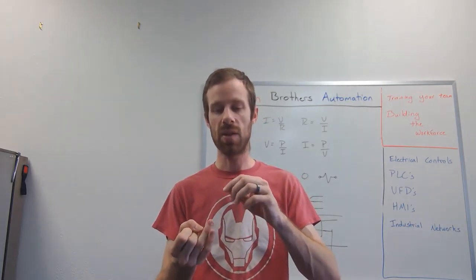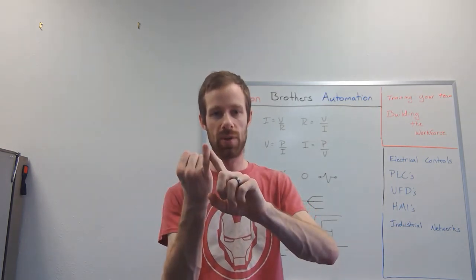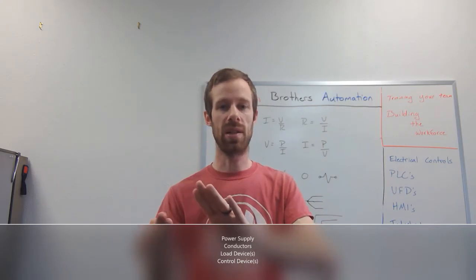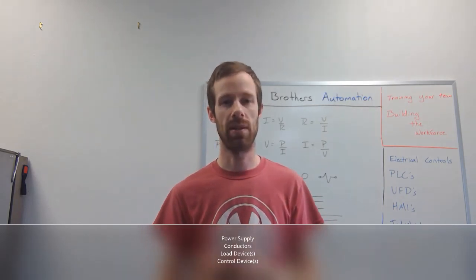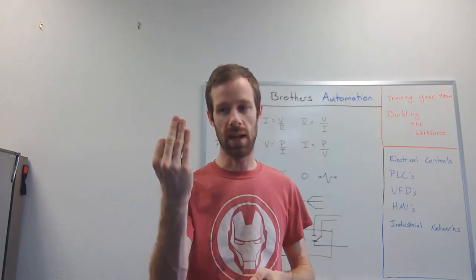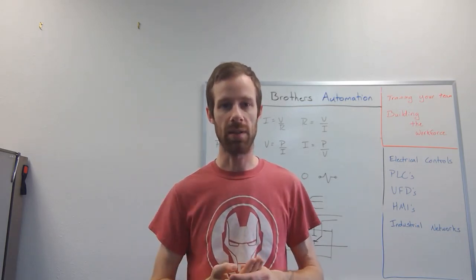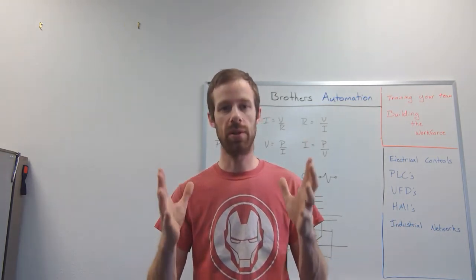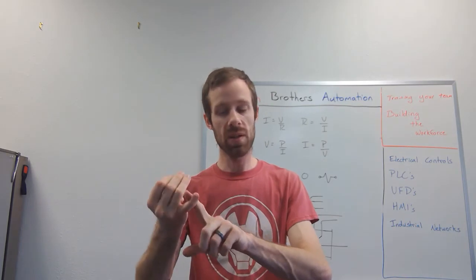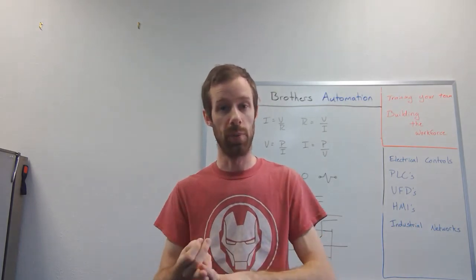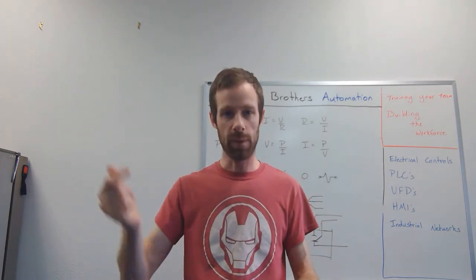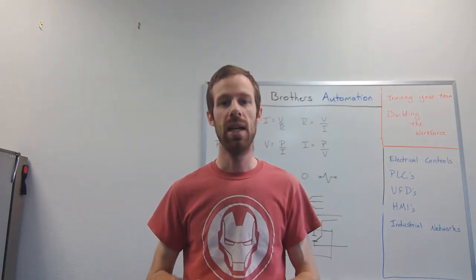Every circuit needs three things: power source, conductors, load, and probably, 99% of the time, will also contain control devices. So necessary is 3 of them, 4 of them is most likely. And if we can boil every circuit that we connect down to those 4 devices, not only can you construct it more easily, but you can troubleshoot it if it breaks more easily, and being able to trace it and verify it before you flip that power switch and make sure everything is working is much easier,